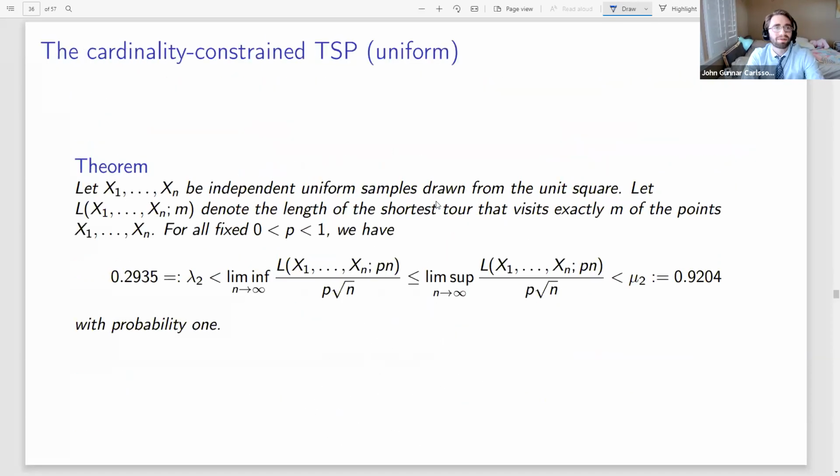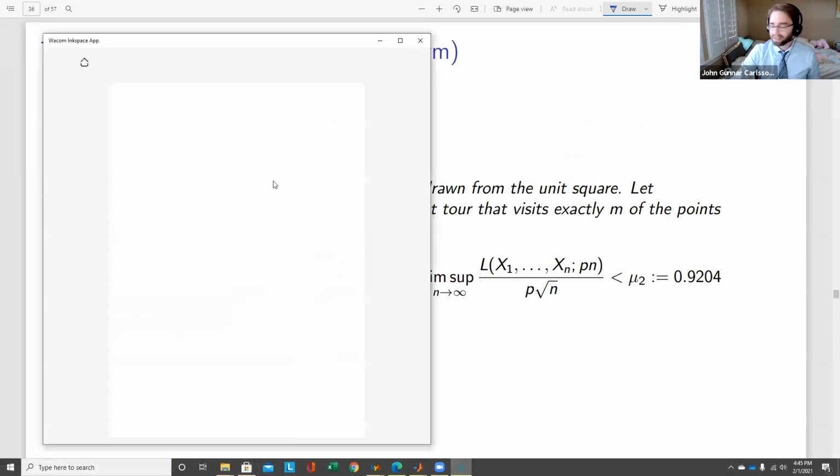And I want to make sure I'm good with time here, so I'll wrap this up quickly. Another problem you could look at is called the cardinality constrained TSP. I'll just draw this one really quickly here. You would have a collection of points. And so let's say n is equal to 1, 2, 3, 4, 5, 6, 7, 8, 9, 10, 11. N is equal to 11. And let's say I give you m is equal to 5. No, let's make it bigger. Let's make it 8. The cardinality constrained TSP says find the shortest tour that visits m